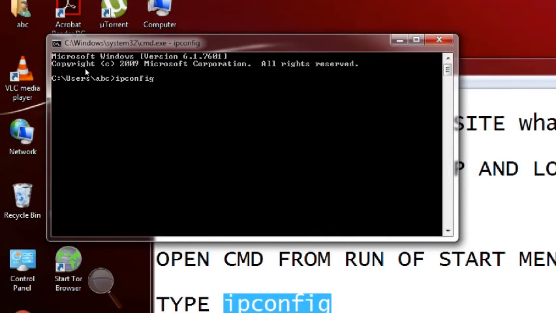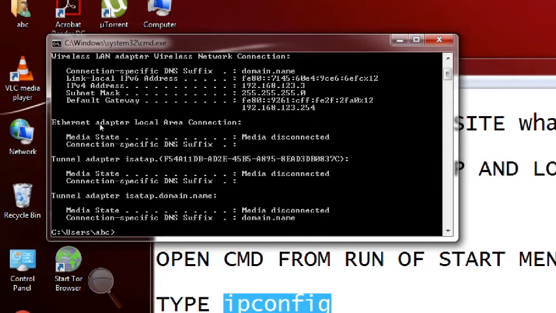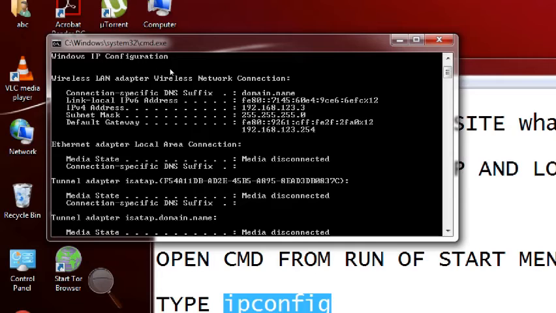config. The moment I hit enter, you can see here Ethernet is disconnected. Right now I'm using wireless LAN, so I can see my IPv4 192.168.123.3. In this, the last number is called the user number on the network in which you are working, and basically the first digits are because of the ISP. In this way, you can easily find your IPv4, and just above this IPv4, you can also see